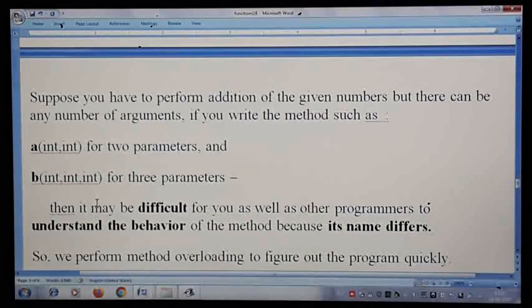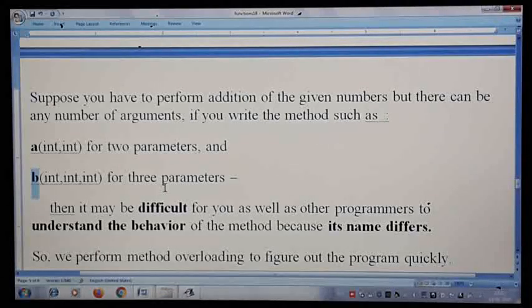Apart from that, we also understood why exactly we try to maintain the same name instead of different method names. Last class I told you this too. Suppose you are going to perform addition, and for addition of 2 integers you keep one method name, and for addition of 3 integers you keep one more name, then it becomes very difficult for the programmer to understand the behavior and working of each and every method.